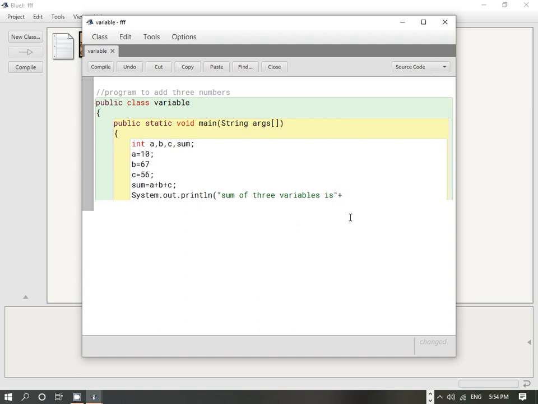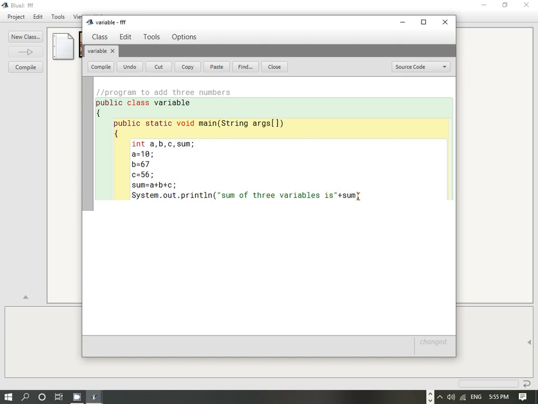Then here we write down the plus sign to print the value of the variable. So when you write down plus sum over here, you have to take notice that inside this inverted comma you are just writing the statement which you want to print on the screen. Then we write down plus, and this is going to print the value you are getting from this calculation. So plus sum will print the value. Here you can see that this is not kept under inverted comma.